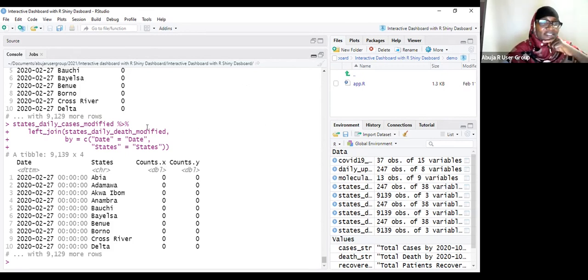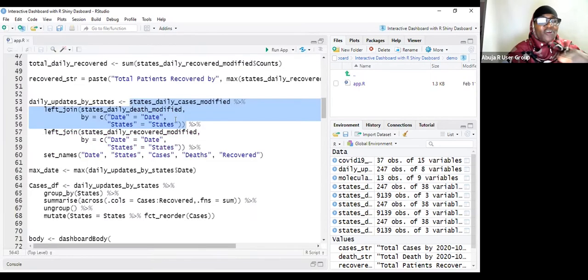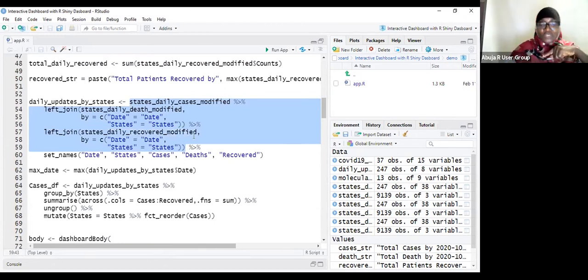So the next thing is, after combining these two, let's combine it to the third data frame, that's the state daily recovered modified. So if we do that as well,